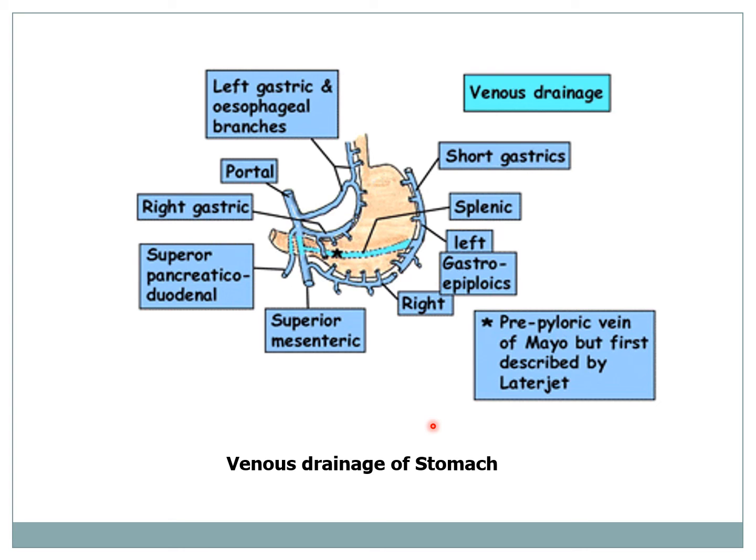So veins drain as follows: the right and left gastric veins into the trunk of the portal vein. This one is the left gastric vein and the right gastric vein. कहाँ पे drain होती है? Portal vein में. The short gastric vein and the left gastroepiploic vein drain into the splenic vein. The right gastroepiploic vein drains into the trunk of the superior mesenteric vein. So the superior mesenteric vein में drain होती है right